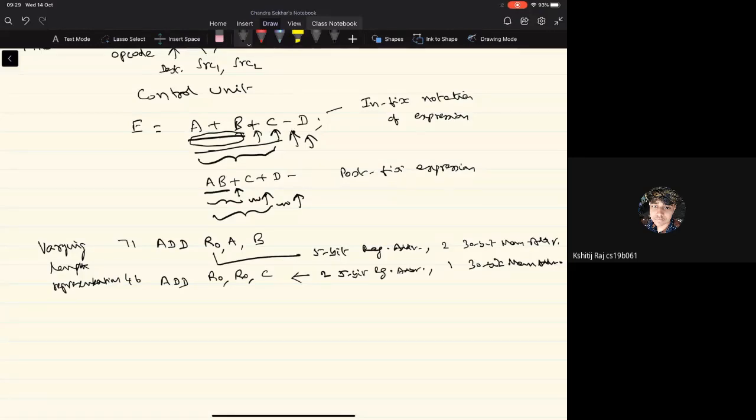It's intuitive that I need to know the length of the instruction before I can process that instruction. And for that, the control unit has to be capable of doing that. So it has to first figure out the length of the instruction, then it has to fetch that instruction, and then it has to perform the necessary operations. And this leads to the control unit becoming very complex.